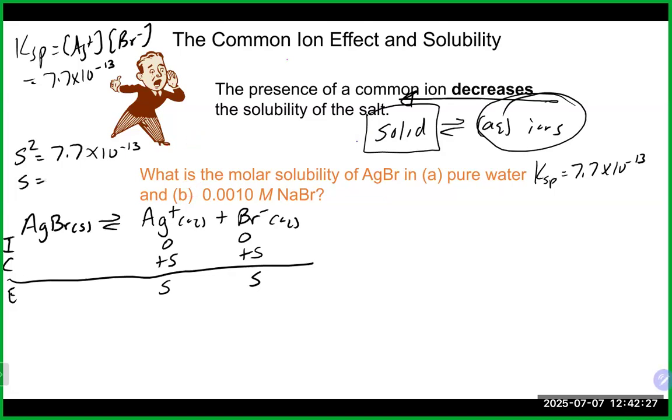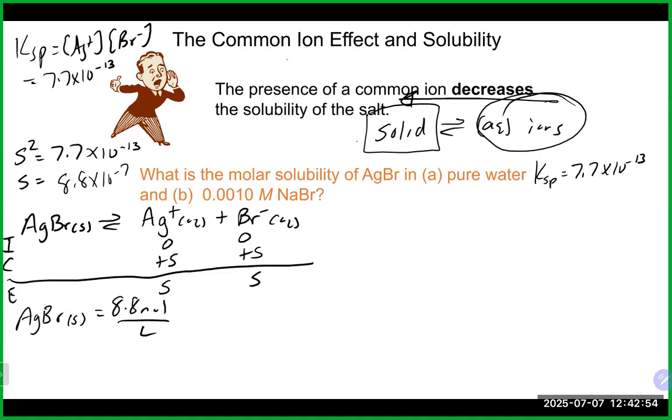And that will give us an S value here for silver bromide of, call it 8.8 times 10 to the minus 7. That again is molarity, and our silver bromide in water essentially has a molar solubility of 8.8 times 10 to the minus 7 moles per liter